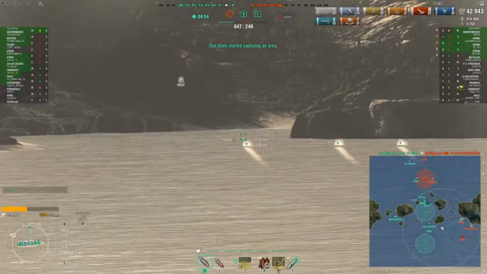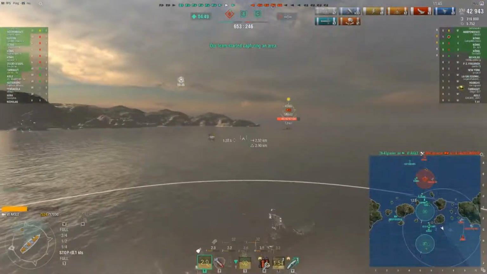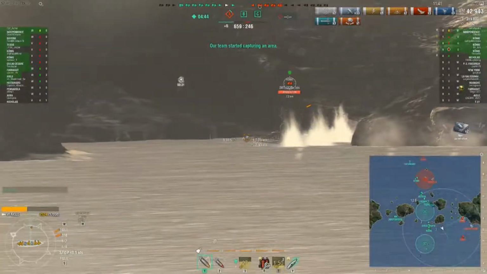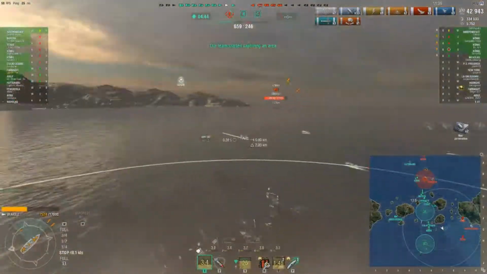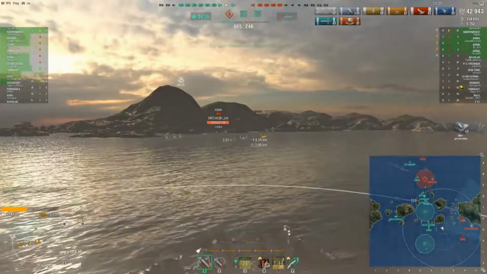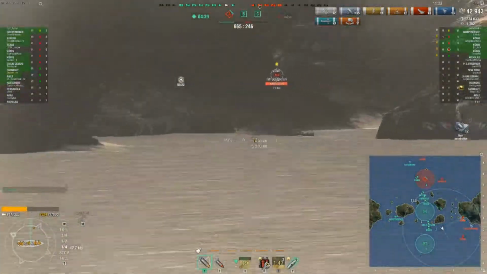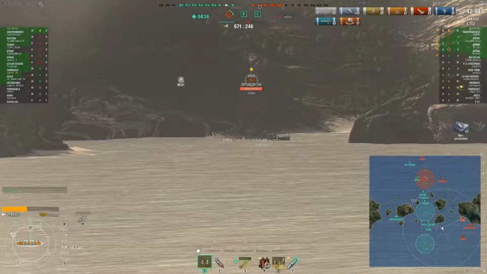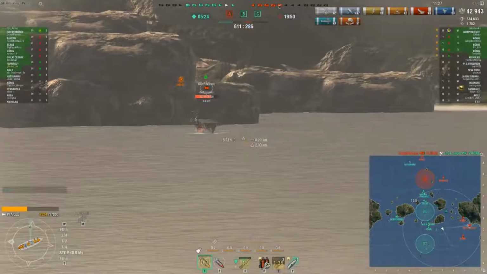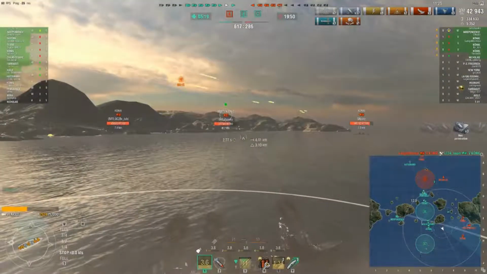Now, unfortunately, I can't really see all that much, so I'm guessing where the Koenig is. And he has turned away from my torpedoes, and it looks like they ran out of steam just before hitting him, so he's able to get away from that, but I believe he also ran aground, so at least he's out of the fight for a little bit. I still have 20 seconds left on my smoke, so I can continue firing at him, and now I switch